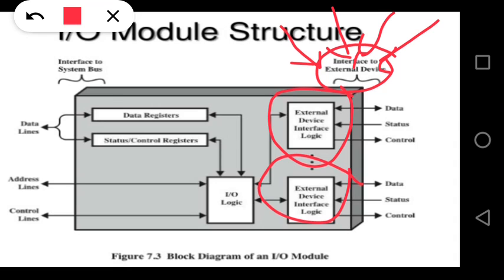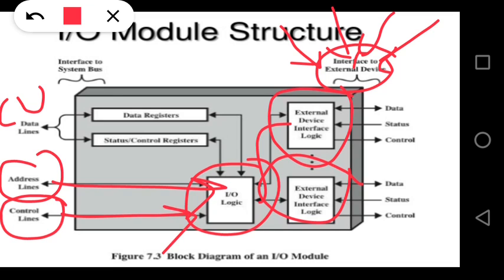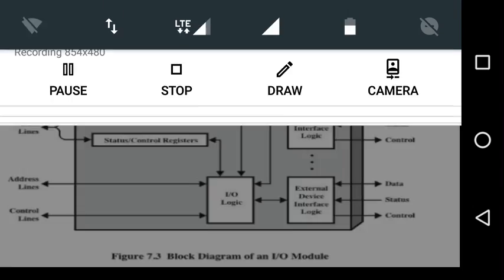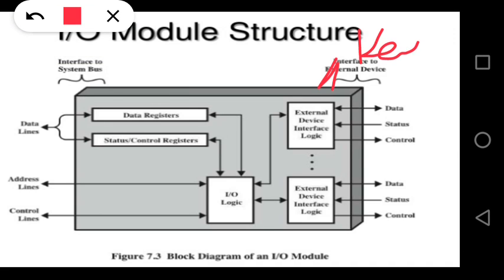Then this is called I/O logic. This I/O logic receives the address lines or control lines from control unit, and it will send to concerned external device interface logic, which will send to concerned external device. Once external device sends the data, if this is my keyboard,